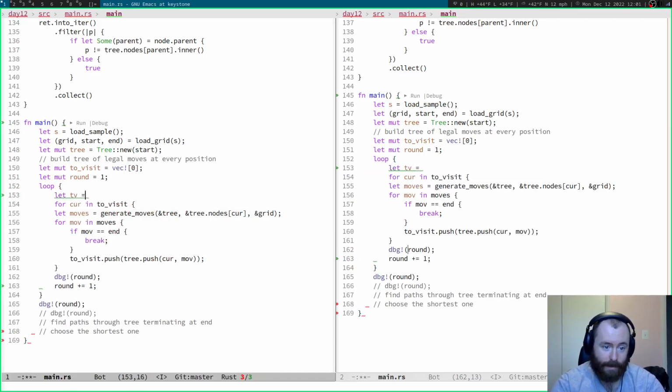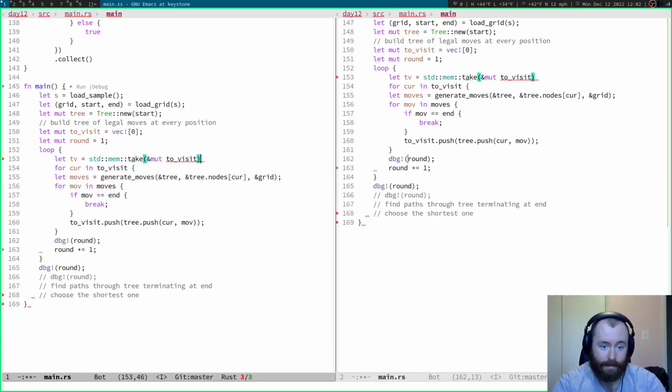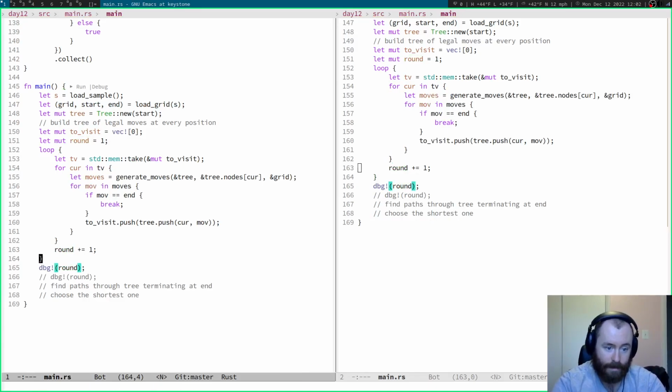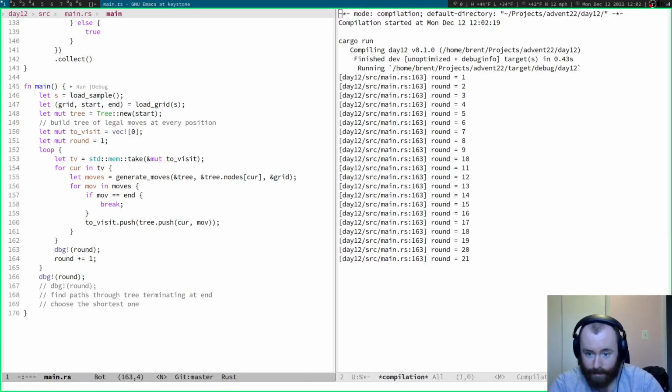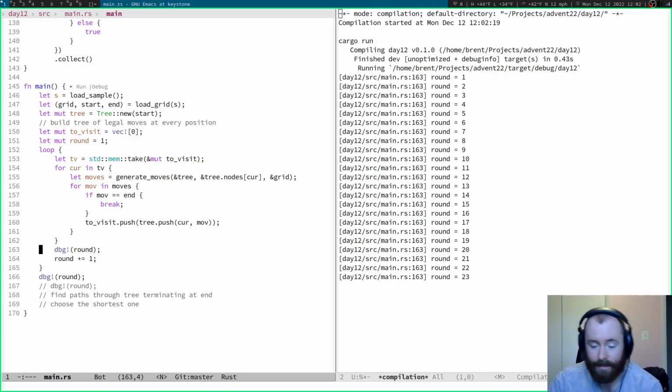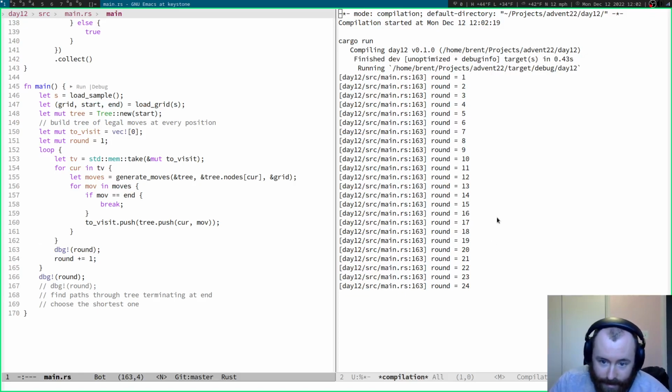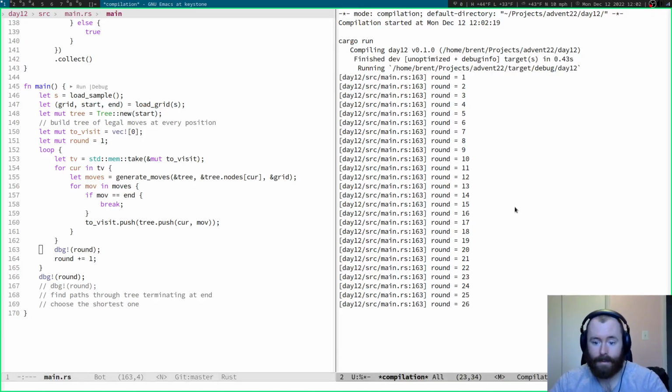Yeah. We'll just call it tv, standard mem take ref mut to visit, and this will be tv. We'll take cur, and then we can be pushing to this here, and that will be around. Okay, this is moving. This is maybe fast enough. No, probably not. 25. It's definitely better than before. Now, I do wonder, if this gets the right answer, after some indeterminate amount of time,